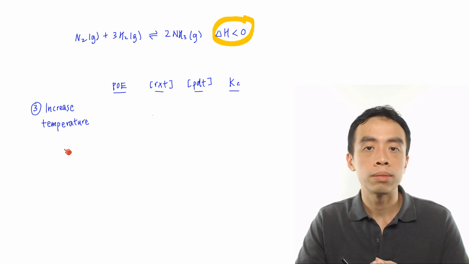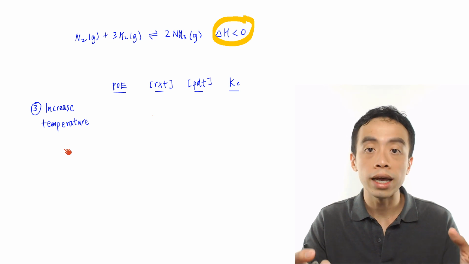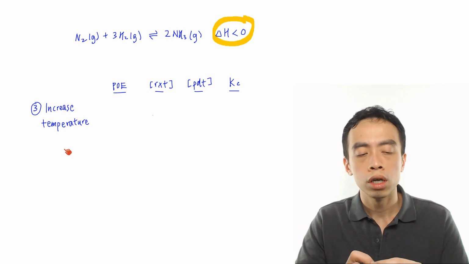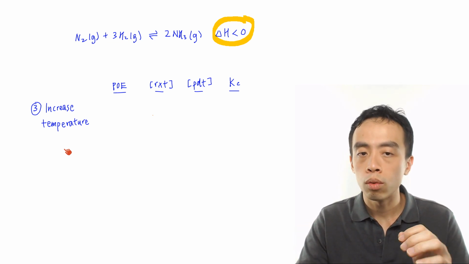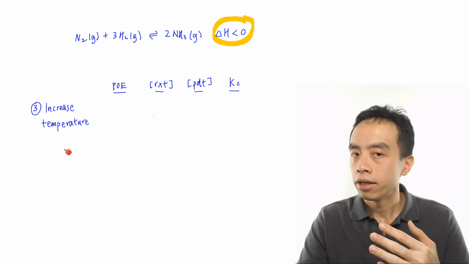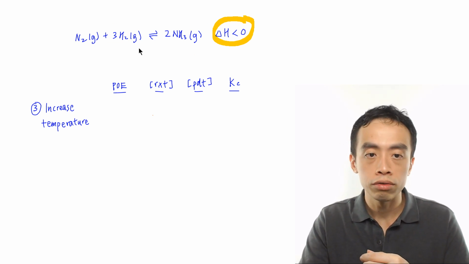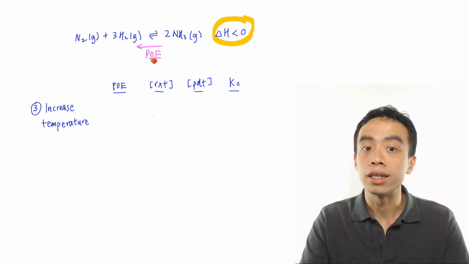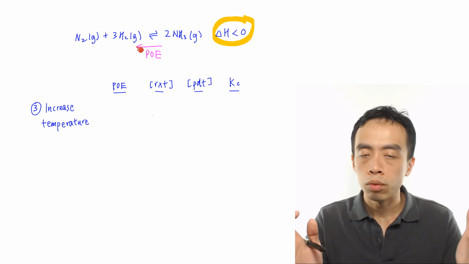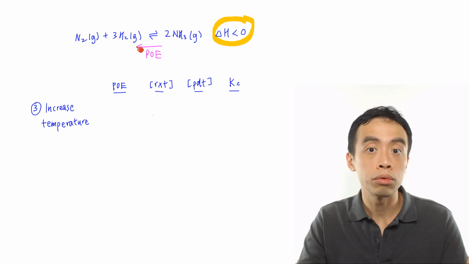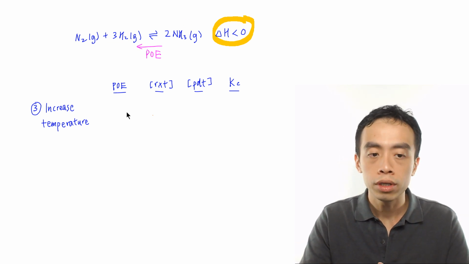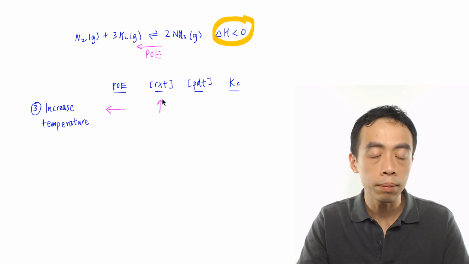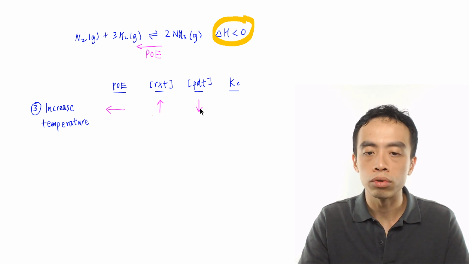Now, it can lower the temperature by favoring the endothermic process, because the endothermic process will absorb excess heat from the surrounding. The temperature of the surrounding will decrease. So, if I want the temperature to drop, I'll favor the endothermic process. The forward reaction is exothermic. The reverse reaction is endothermic. So in this case, the position of the equilibrium will shift towards the left-hand side, favors the endothermic process, which will absorb excess heat from the surrounding. It causes the temperature of the surrounding to drop. So as mentioned, the POE will shift towards the left. I form more reactants. Concentration of the reactant would go up. I form less products. Concentration of the product would drop.